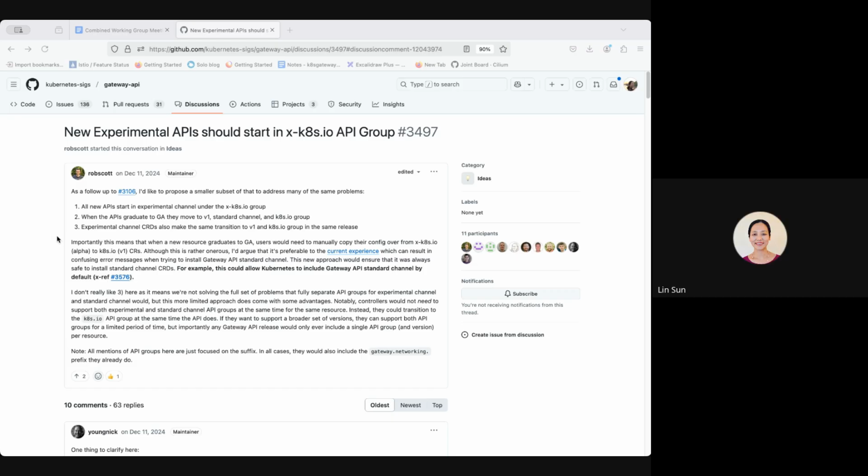Yeah, and also I think this model is what Istio used, right? When we first introduce everything, it always starts with the lowest channel, experimental, alpha, and then you gradually move up. So it's not quite the same, Lynn. It's slightly different because what we did was keep the same API, which is kind of just us saying arbitrarily that it's experimental. This is saying it's a completely different API. So as a user, you need to move to the new API. There may be breaking changes to it.